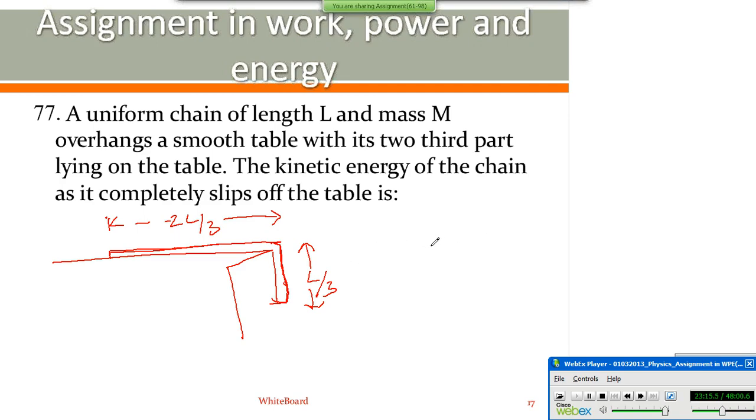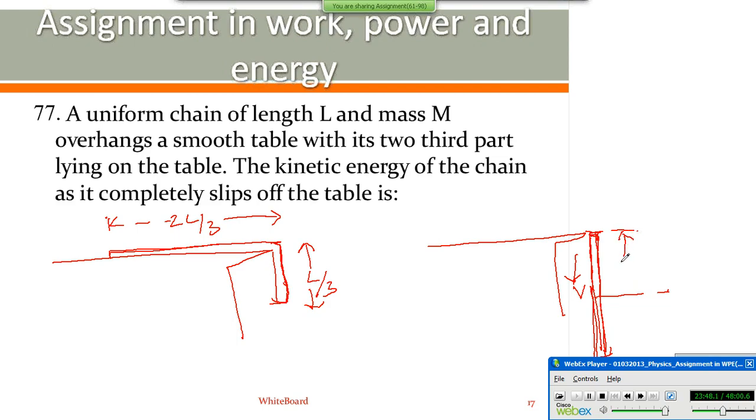So you have to find the magnitude of velocity of the chain when the chain completely just slips off from the surface of the table. Of course, with the help of a scale we can draw the diagram in a better way, just showing a rough one. Let us denote the magnitude of velocity of the chain at the instant when the chain just completely slips off the surface of the table as v.